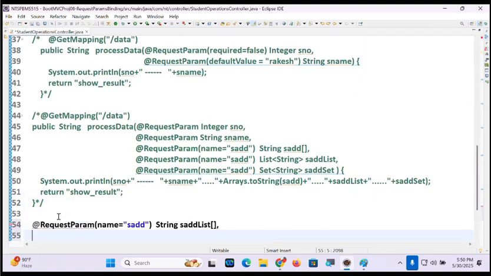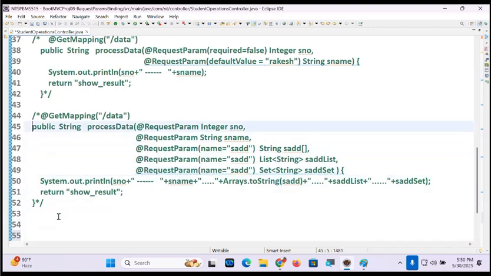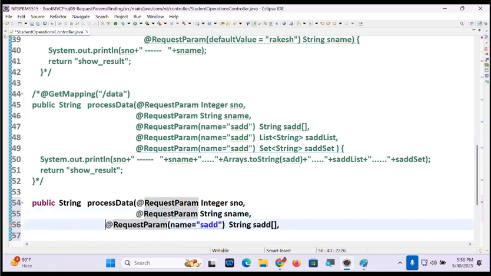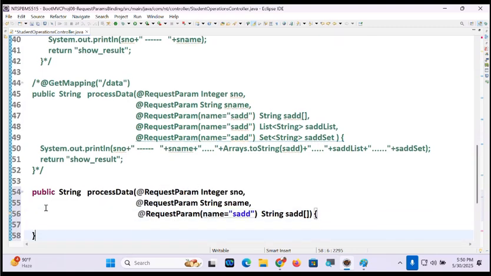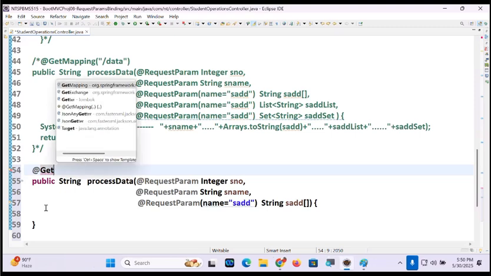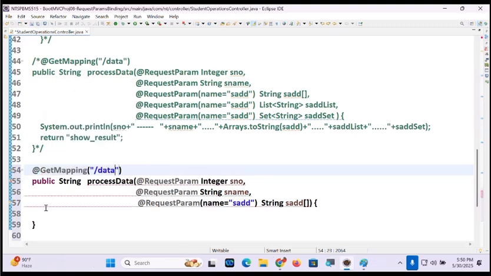Copy this, paste. At the rate GetMapping slash data. SNO, SName, SADD string.